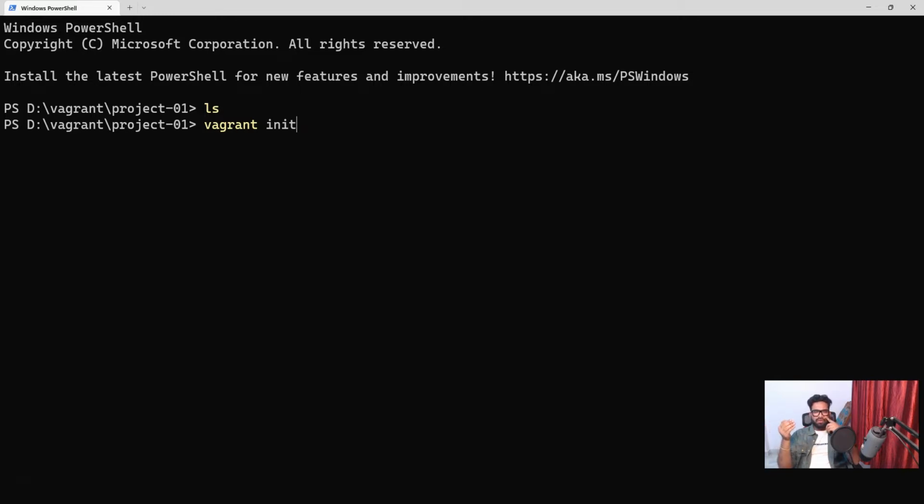Now my requirement is to provision an Ubuntu server. So I need to tell Vagrant to initialize the project with the required operating system that I want. The operating system that I'm referring to here is called a box in Vagrant terminology, and that is what I'm going to provide. Let's say bento/ubuntu-20.04. Or if you're not sure where you can get these box details, let's open up